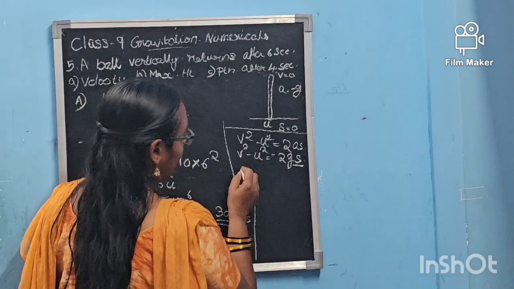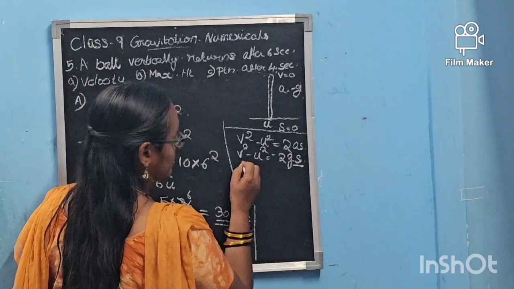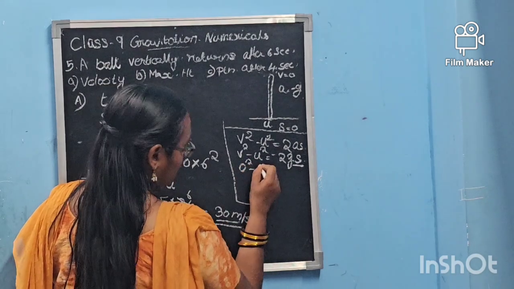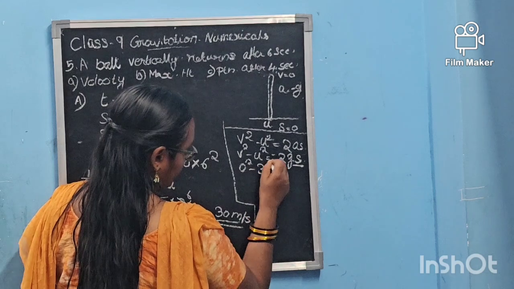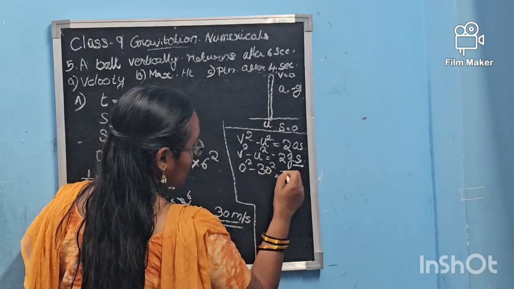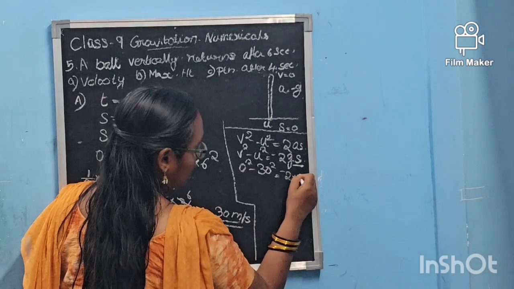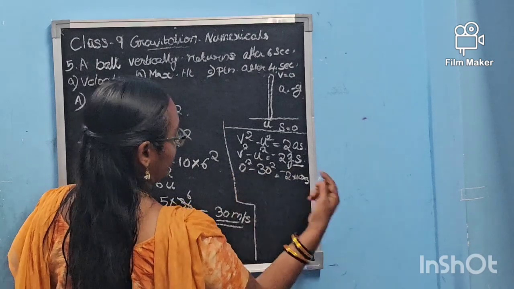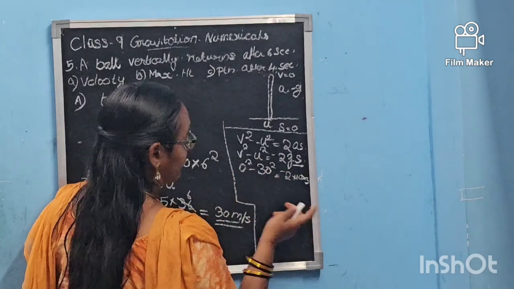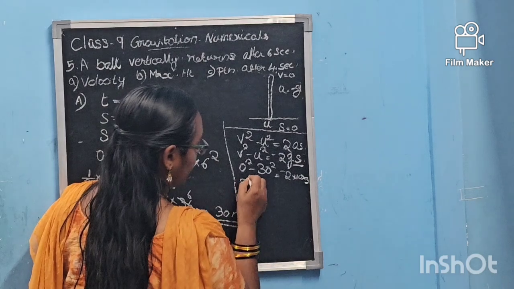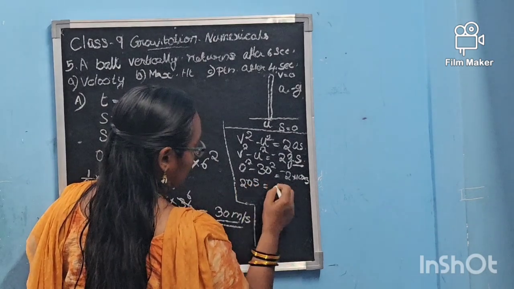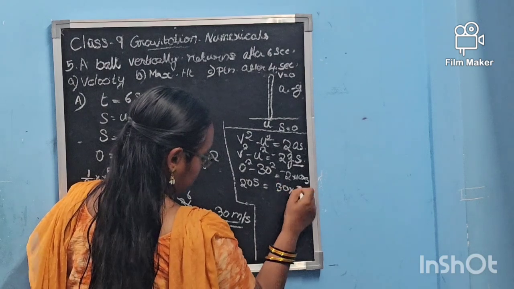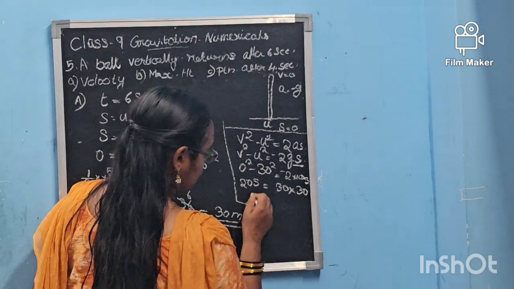At maximum height, v will be 0. So 0 square minus u square, u we have found out as 30, so 30 square is equal to minus 2 into 10 into s. Taking this to that side, the negativity will be gone. 20s is equal to 30 into 30. Isn't it? So s is equal to